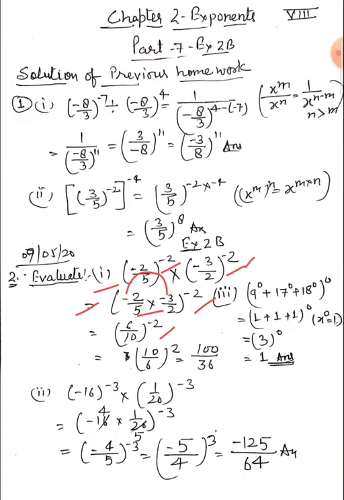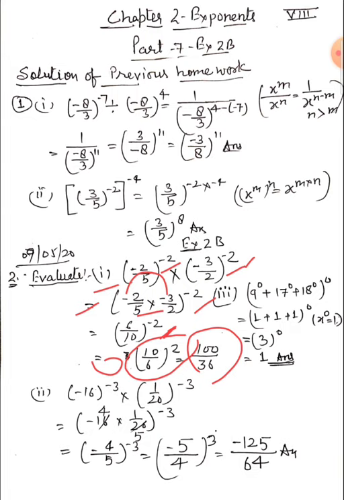So look here, what is the power? Minus 2. Minus 2 is a negative power, and now here we can apply the negative exponent rule. When we apply the negative exponent rule, then we get (10 upon 6) raised to power 2. And what does 10 upon 6 to the power 2 mean? 10 upon 6 multiplied 2 times. So 10 upon 6 multiplied by 10 upon 6. So 10 tens are 100 and 6 sixes are 36. Then the answer will be 100 upon 36. So this is the first question.